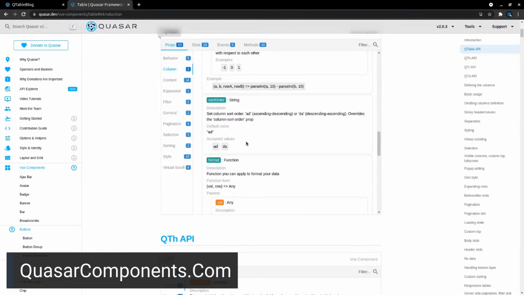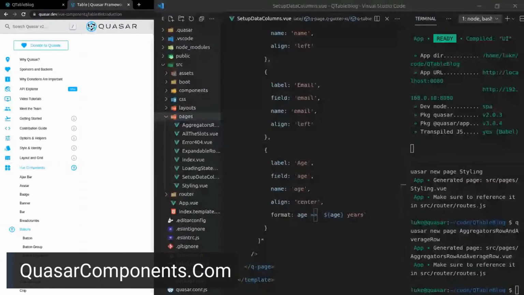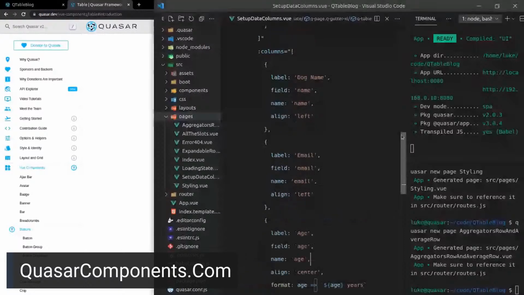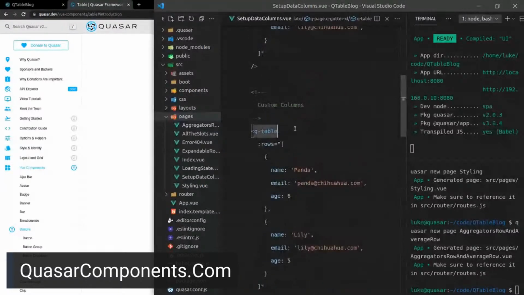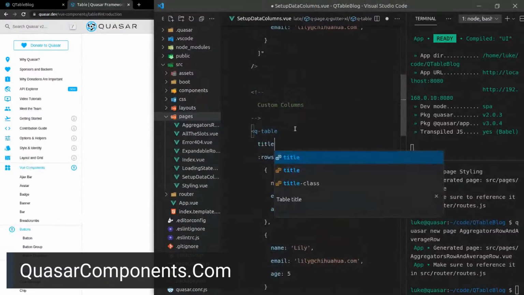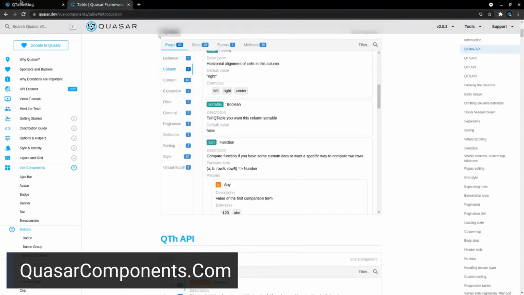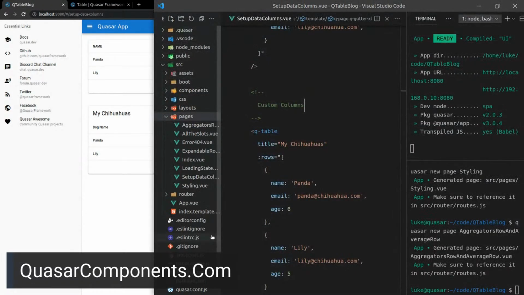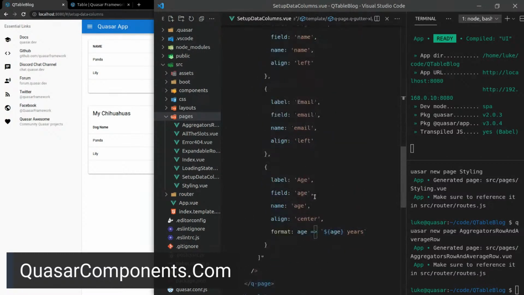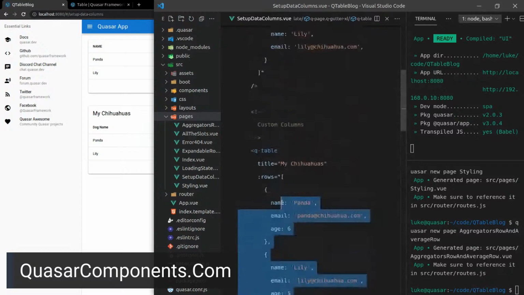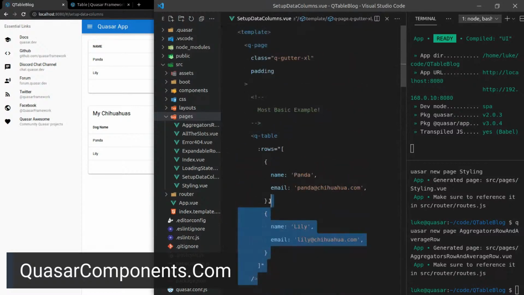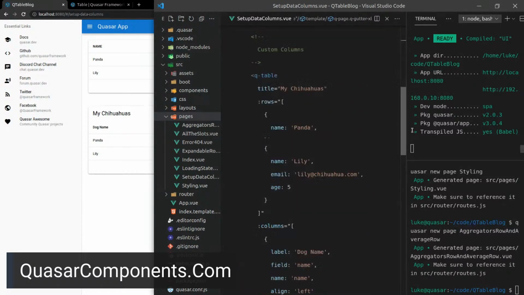Now, I also want to show people how you can have a title. So how about this? We come up here and we just do the title there directly. So let's say the title is equal to my chihuahuas. There we go. So that shows them how to do a title. What else have I got here? I want to show them dark mode as well. So I might actually copy this entire example here. Now we use the basic example to show them dark mode.